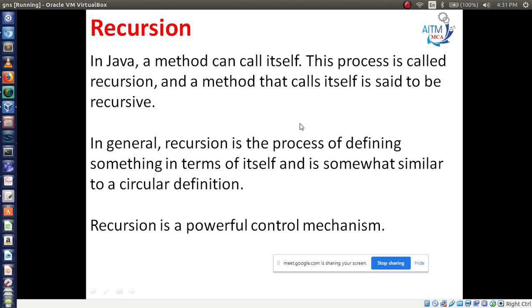Very simple. Calling a method itself, calling a function itself, is called recursion. Continuously it will keep calling until it reaches a particular condition. Recursion is a powerful control mechanism in Java. Not only Java, all languages.